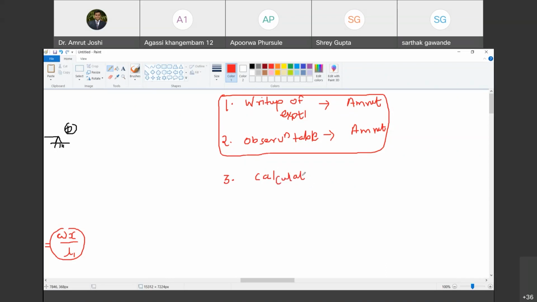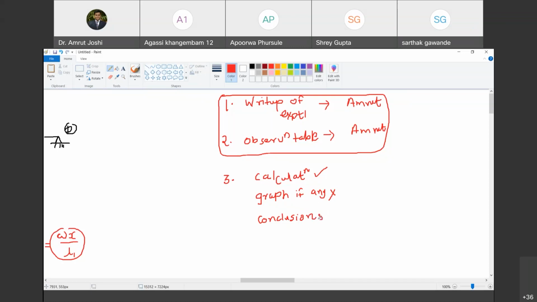Are you with me? Yes, sir. If there is any graph in this experiment, it is not there, but if it is there, you have to do it. So calculation, graph, if any, in this experiment, it is not there. Are you with me? Yes, sir. Conclusion. What is conclusion? So conclusion is not merely that the percentage error is within 10% and therefore theory validation is done. इतना ही नहीं, इस experiment में जो भी हमने discuss किया, आपको जो important points लगते हैं, वो conclusion में include करो. Are you with me?